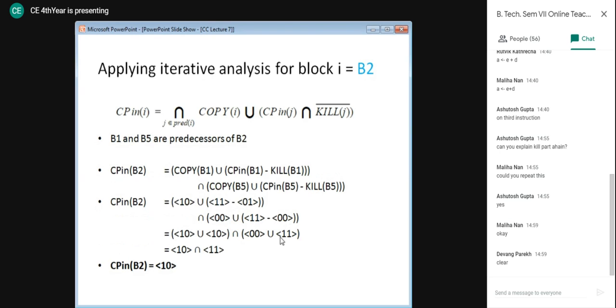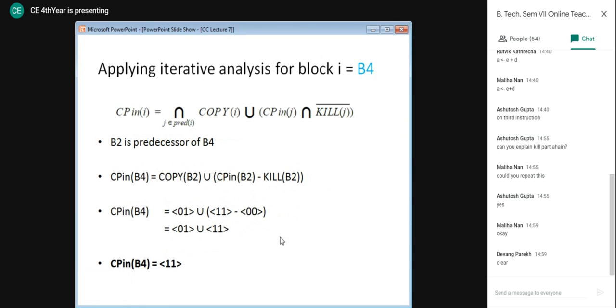Same goes for B2. B2's predecessors are B1 and B5, so we have to take an intersection of the data flow values for B1 and B5. By doing all the necessary computations, the answer we have is CP in of B2 is 1, 0. These calculations are simply set operations that you have to follow, so we are not discussing them in detail; you can verify them from the slide.